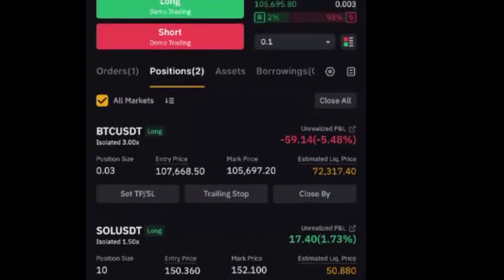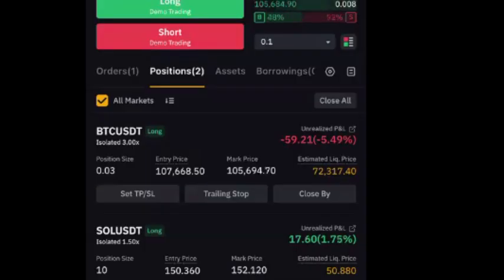Okay, for example, now let's even use the current price of Bitcoin. Bitcoin now is 105,697, and I purchased at 107,668. At this point, I'm not going to want to buy again. Why? That is called micromanaging. You have to have a principle where